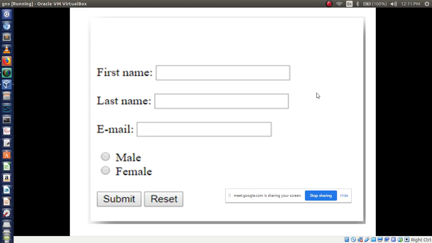While giving the information to the server, in which type you are giving the input is important. So all kinds of input can be gathered in the form. This is a form tag, right?